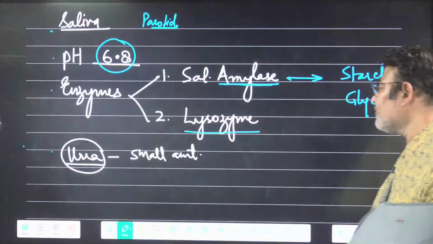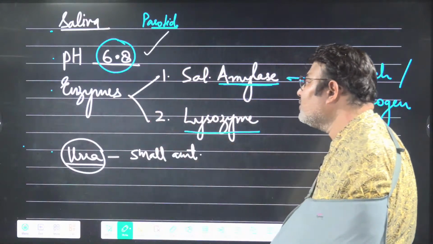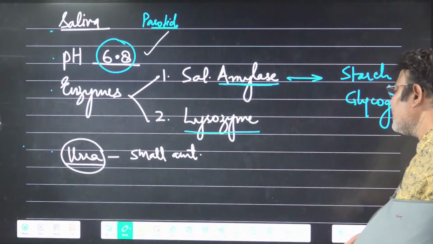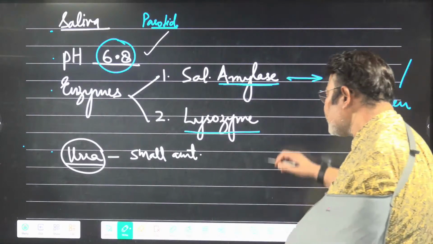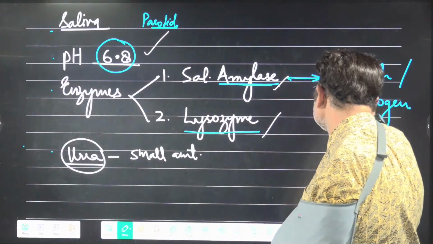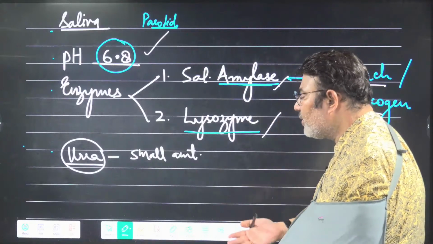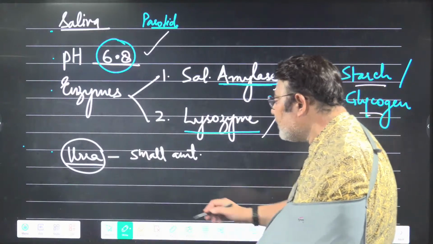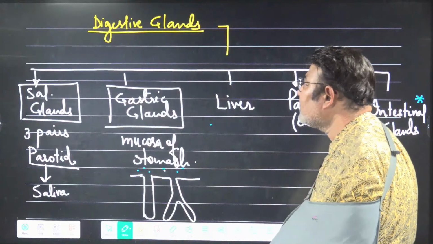Saliva, the pH of saliva is an important question. The pH of saliva is maintained almost neutral, on the slightly acidic side, as there are buffers acting to maintain it. Then the enzymes in saliva: amylase and lysozyme. Amylase is for starch digestion and lysozyme is for digesting the cell wall of bacteria. Small amounts of urea can also be found in the saliva as per our textbook.